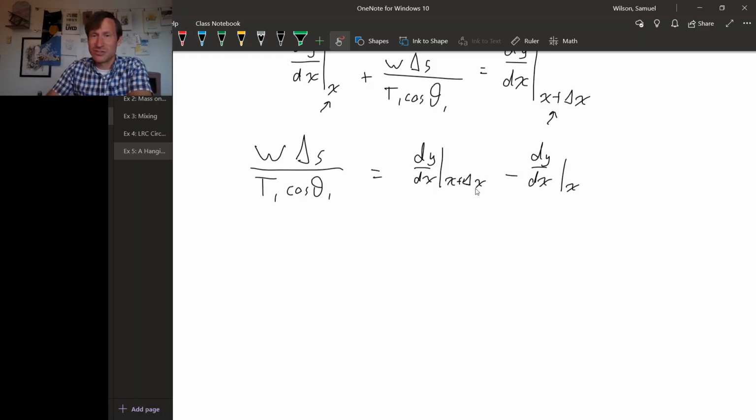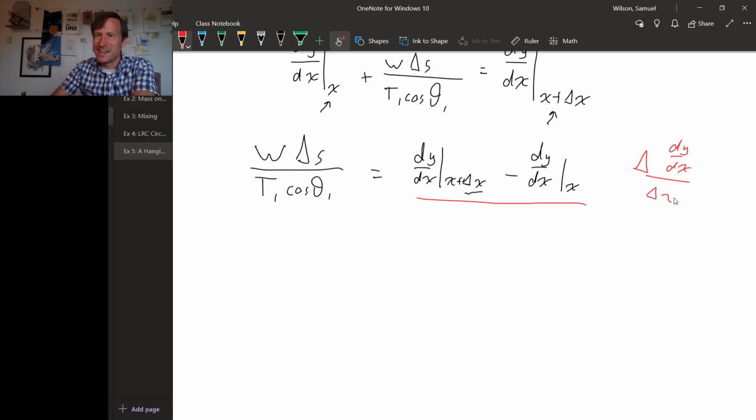These two x values are separated just by an amount delta x. So to make this a genuine difference quotient, what we should do is divide both sides by delta x, because then we'll have a change in dy dx divided by a change in x, right? And that's a derivative. So divide both sides by delta x. That's going to put a delta x in the denominator on the right-hand side. The left-hand side. So now the left-hand side is